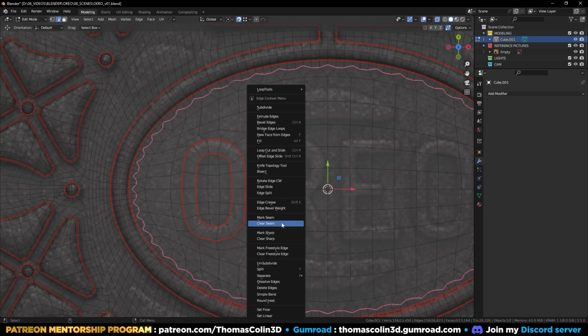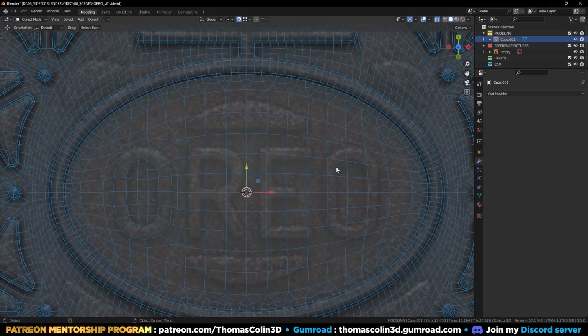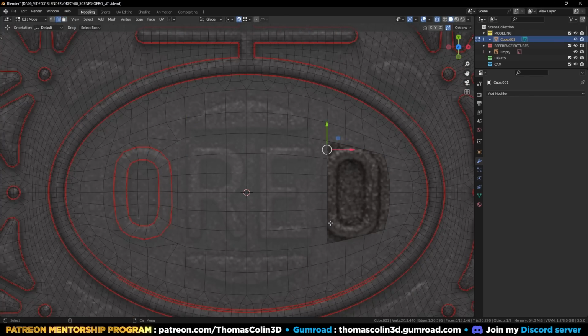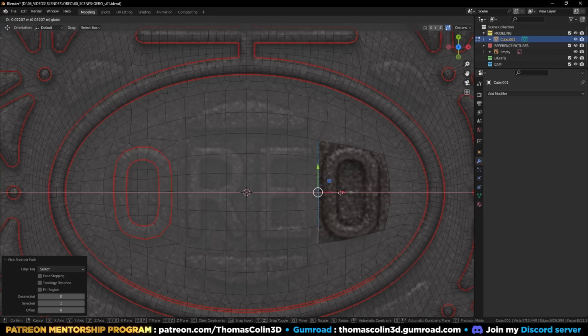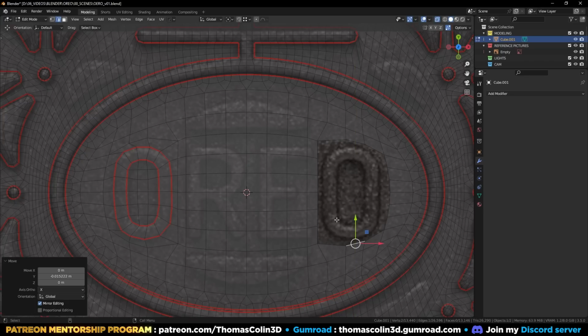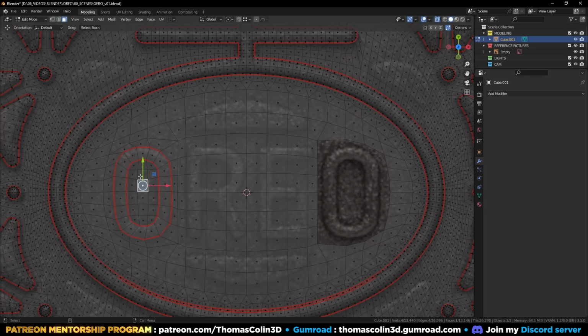Right click, clear seam. I'm just going to remove these polygons. I'm going to push this a little bit to the left and this upward. Same here. I'm going to press L once, grow my selection twice,